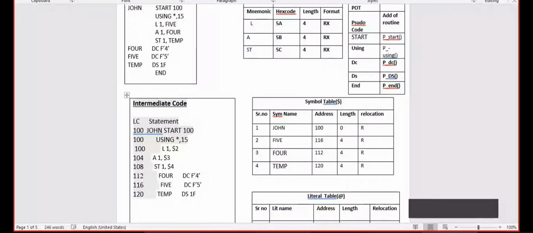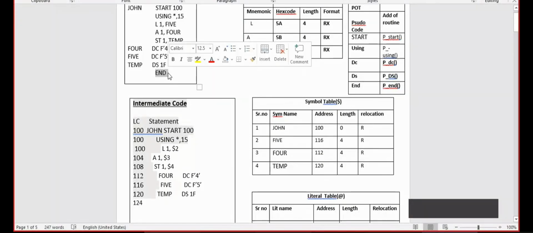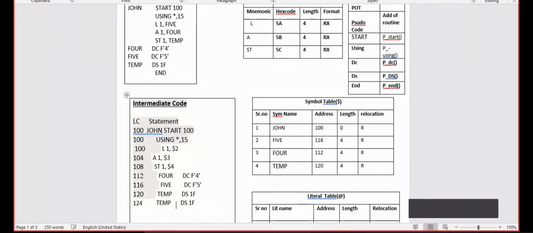So LC for END is 124. This is the end. END is a pseudocode which is present in the POT table. So this is the intermediate code.